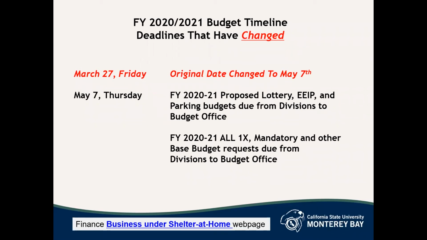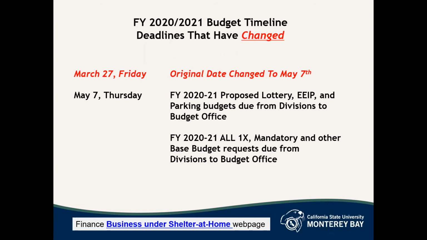That being said, I know areas were already working on their budgets in February and March anyway. So if you've received VP approval to move your budgets forward, please do submit them earlier. Mid-April would be great. We have divisional assessments set up for the last week of April as they transition into Questica, and having your budgets would be a nice thing so that the areas can see their budgets at that point. So if you have it earlier, please send it in. If you need the time, please use the May 7th deadline.